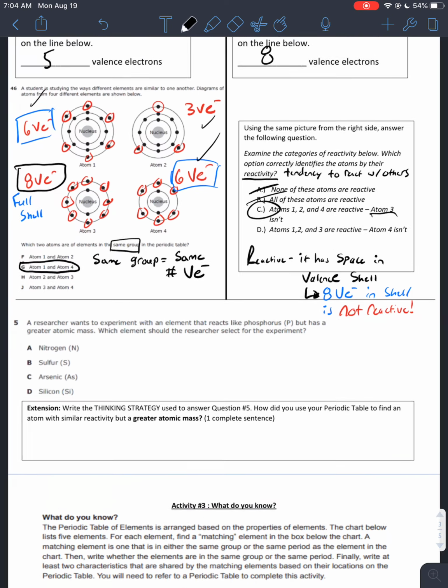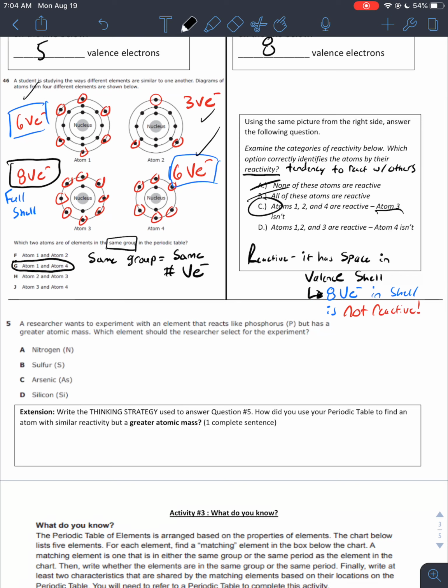Okay. Here's our final question, and I'm going to have you do this solo, and then I'll break it down, and that'll be the end of our video. Number 5, a researcher wants to experiment with an element that reacts like phosphorus, but has a greater atomic mass. Which element should the researcher select for the experiment? I'm going to give you steps to follow, and then you're going to complete this question. First step, find P,